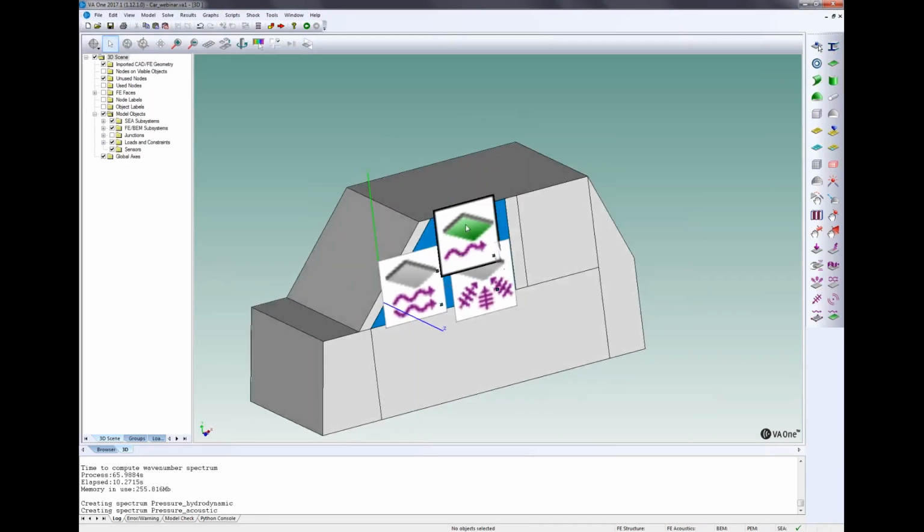In fact, there is one load which is general surface pressure, which is taking into account both components, hydrodynamic and acoustic components, because it's an entire wave number frequency spectrum, and another load which is composed by two loads in parallel, which is the turbulent boundary layer and the Corcos formulation that is using the hydrodynamic pressure that we extracted earlier, and the diffuse acoustic field.